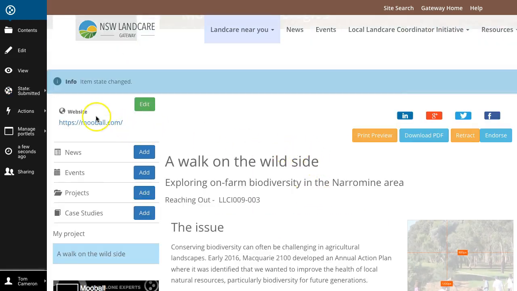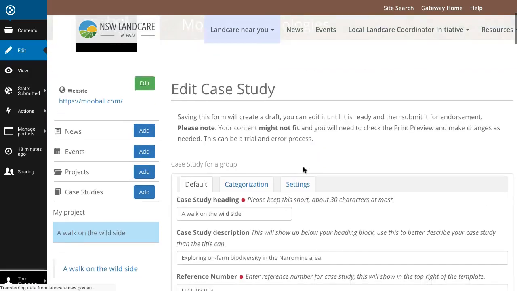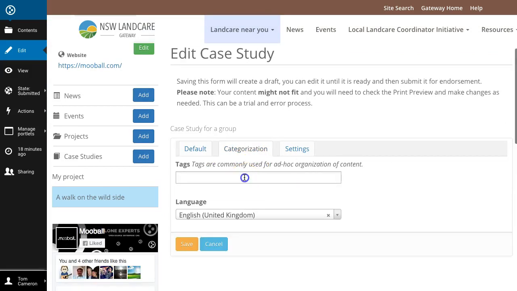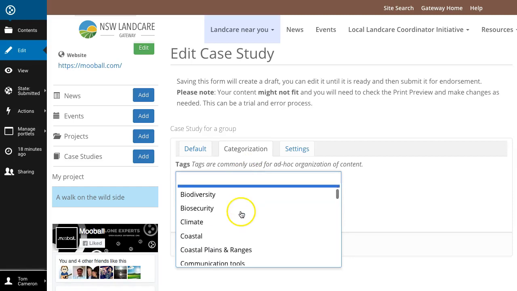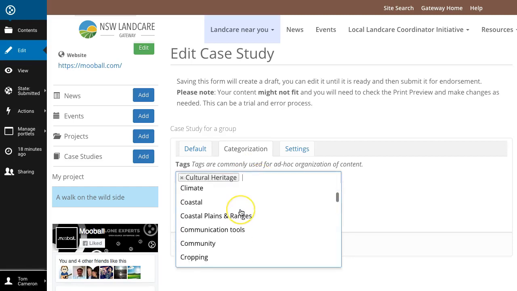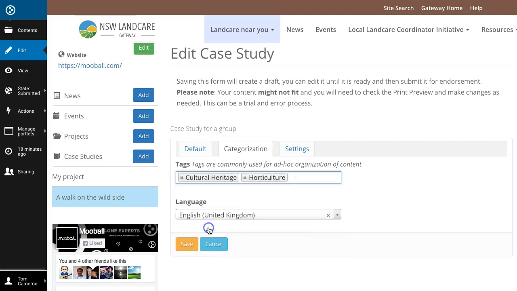Now finally, before we finish off, there's just a couple more properties we must make sure that we don't forget. Under categorization, we still need to make sure that we select our keywords so that we can categorize our case study and improve searches. And now that I've saved that,